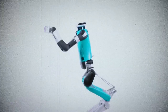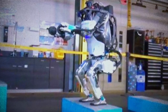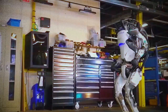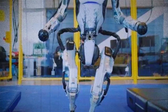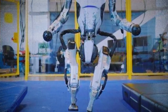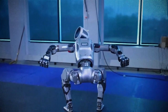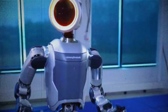If robots could win Olympic medals, Atlas would take home the gold in gymnastics. This incredible machine from Boston Dynamics doesn't just walk, it runs, jumps, does backflips, and performs parkour sequences that would make professional athletes jealous. Standing 6 feet tall and weighing 190 pounds, Atlas moves with a grace that seems almost impossible for a machine. The secret lies in its advanced hydraulic system, which provides the power and precision needed for